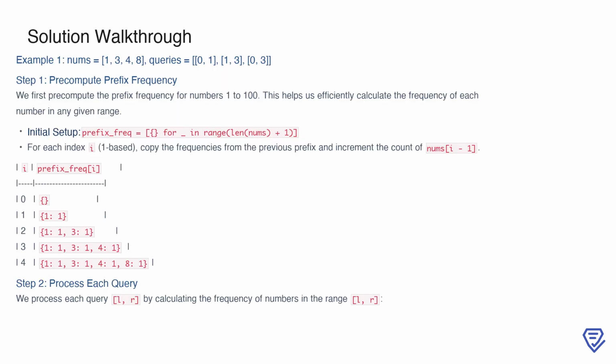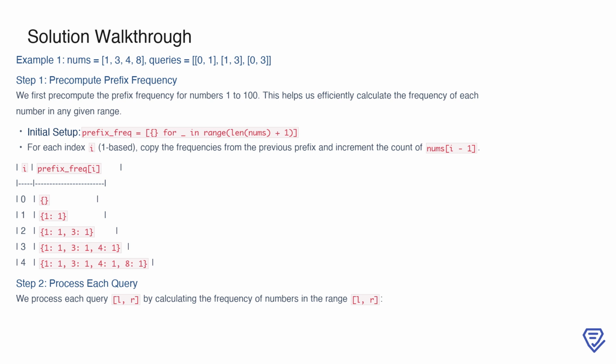To solve this problem efficiently, we start by pre-computing the prefix frequency for numbers ranging from 1 to 100. This will allow us to calculate the frequency of any number in a given range without recalculating from scratch. We initialize an empty frequency map for each index of the array, plus one extra for the zero-based prefix. As we iterate through the array, we copy the frequency map from the previous prefix and increment the count for